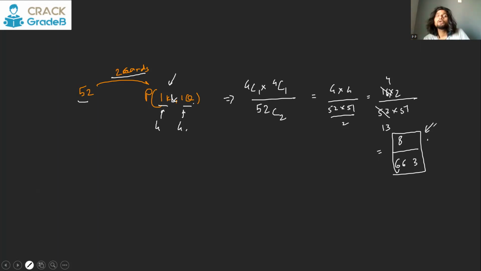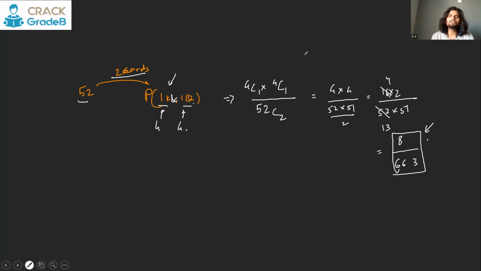With the same question, you can ask what is the probability that the first is king and the second is queen, the first is queen and the second is queen, or the king is from hearts and the queen from diamonds. So multiple questions can be formed from the same example of drawing 2 cards out of 52. But in banking exams, they don't ask very difficult or tricky, in-depth questions. They ask very superficial questions, and that too 1 or 2 from this topic. That is why we stick with the basics.